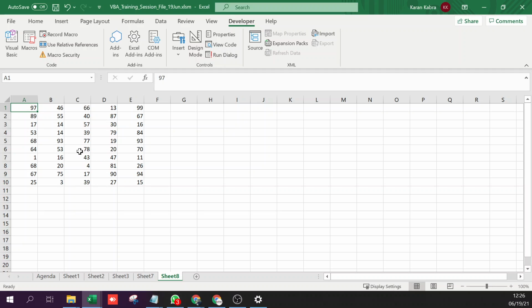So now what I want to do is check each of these values if it is less than 40 or greater than or equal to 40. If it is less than 40, I want to highlight it red. If it is greater than or equal to 40, I want to highlight it green. For all of these cells. What would be your approach?